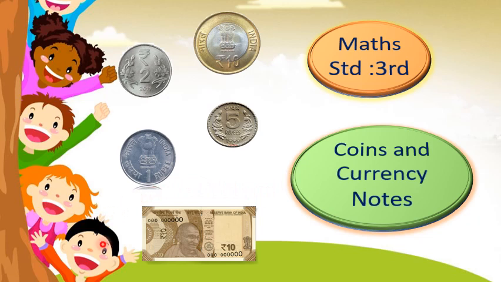Now we will go through the currency notes. The shapes, sizes and designs of these currency notes are changed from time to time. In case of 1 rupee, 2 rupee and 5 rupee denominations, both coins as well as notes are used. For 10 rupees also, right? Nowadays, we use 1 rupee, 2 rupees and 5 rupees notes rarely. Correct?